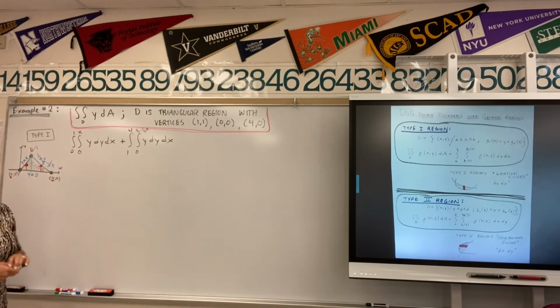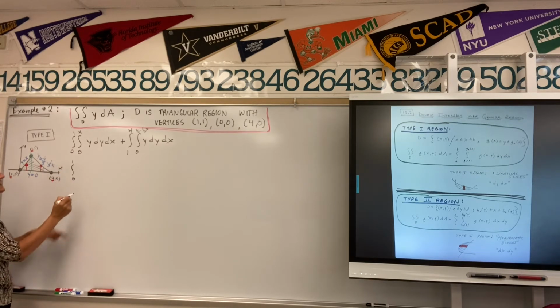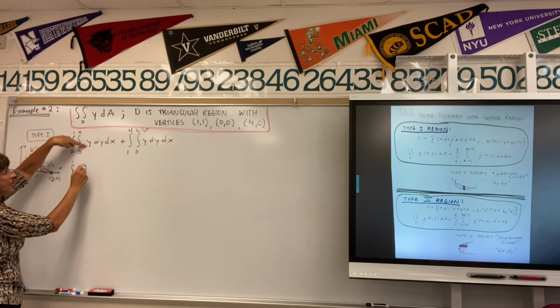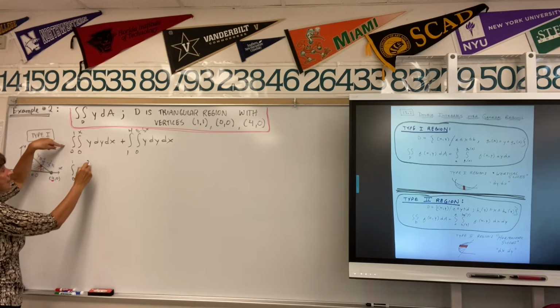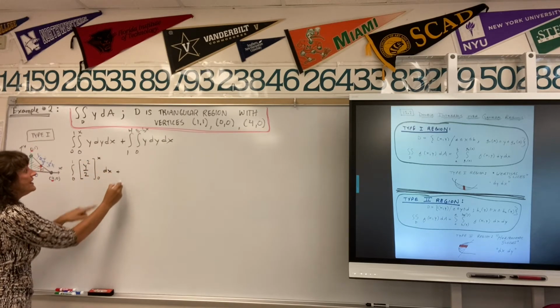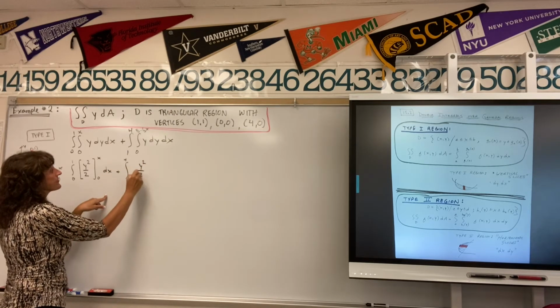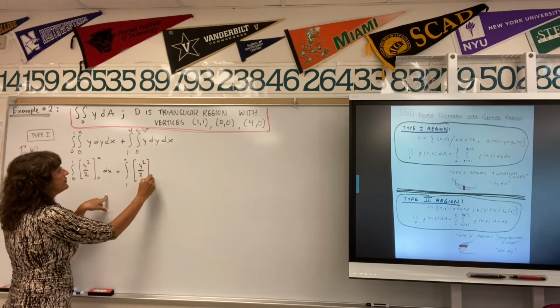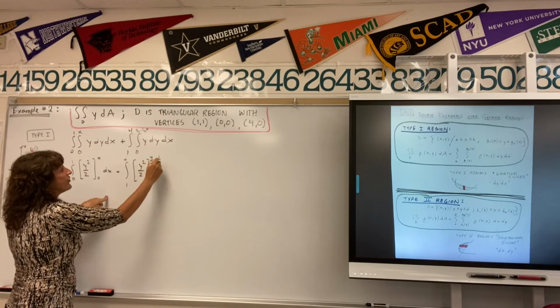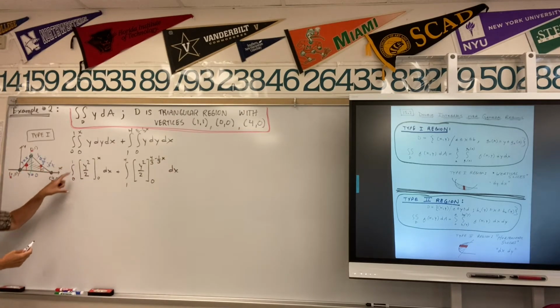Both integrals, we're going to integrate with respect to y first. So you have the 0 to 1, we'll hang on to that. Integrate with respect to y, so you're going to have y squared over 2, and this gets evaluated from 0 to x. Then we'll take care of the x afterwards. And then integrate with respect to y, so this gives you y squared over 2 again, but these bounds go from 0 to 4/3 minus 1/3 x, and then we'll integrate that with respect to x. Plug in the upper bound, lower bound here, fundamental theorem of calculus